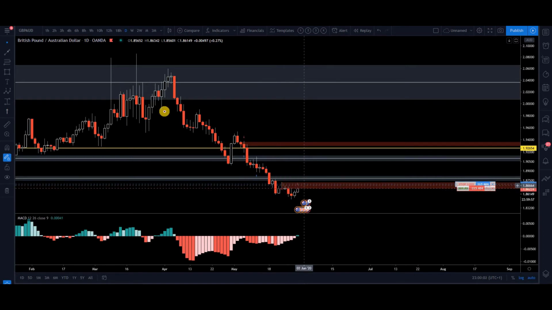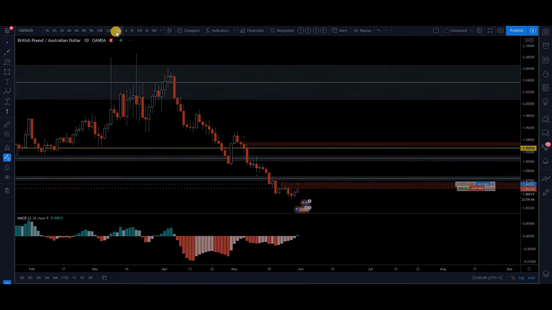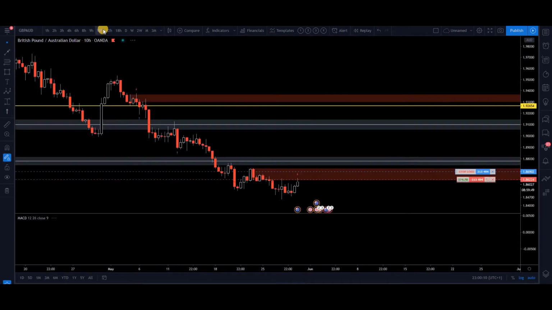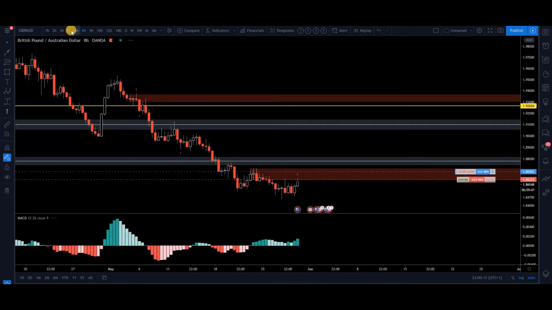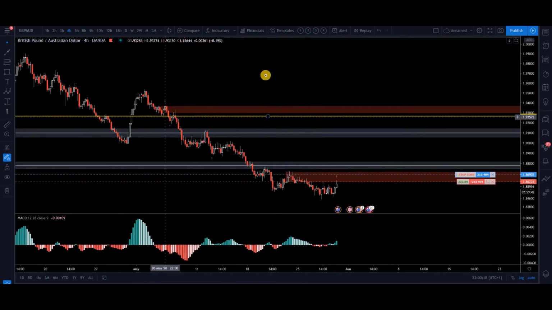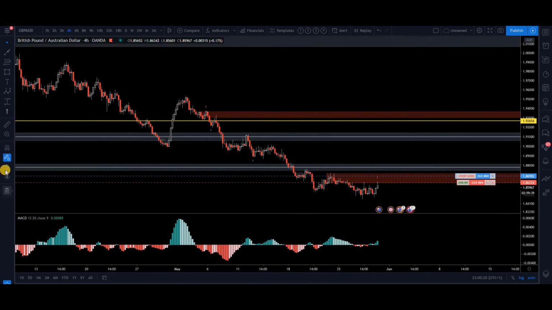Come down through supply of this market. Now let's go down the time frames and let's just see why I got into this trade. Okay, and as I go down the 10-hour chart, we go down to the 9-hour chart. I'm going to go right down to the 4-hour chart, and what you will see is that price has basically been, let me just switch a couple of things on here. Let's just show you exactly what's caused me to go into this trade. Apart from the fundamentals, which are fairly dire from a British pound Australian dollar situation, what you'll see from the technical side is price has just been